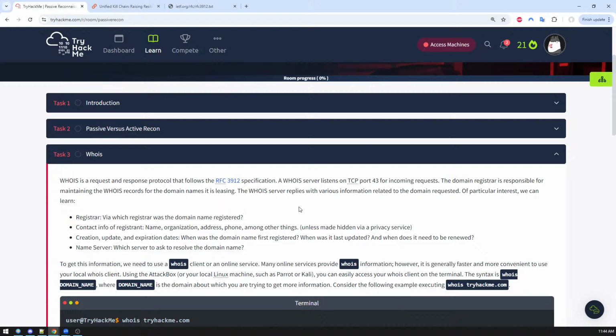for incoming requests. The domain registrar is responsible for maintaining the whois records for the domain names it is leasing. The whois server replies with various information related to the domain requested. Of particular interest, we can learn the registrar